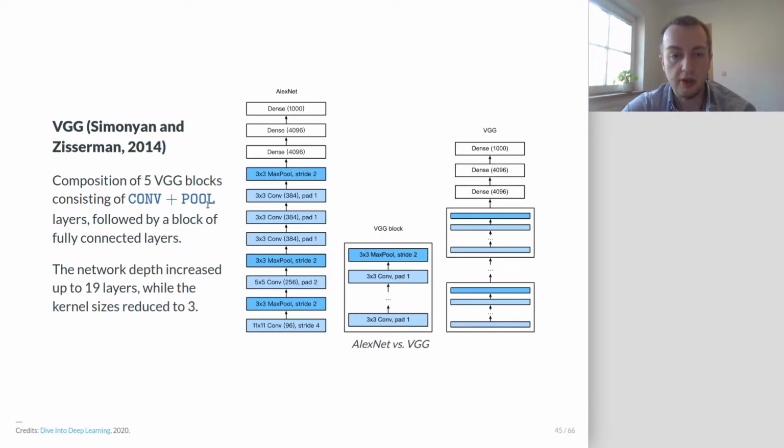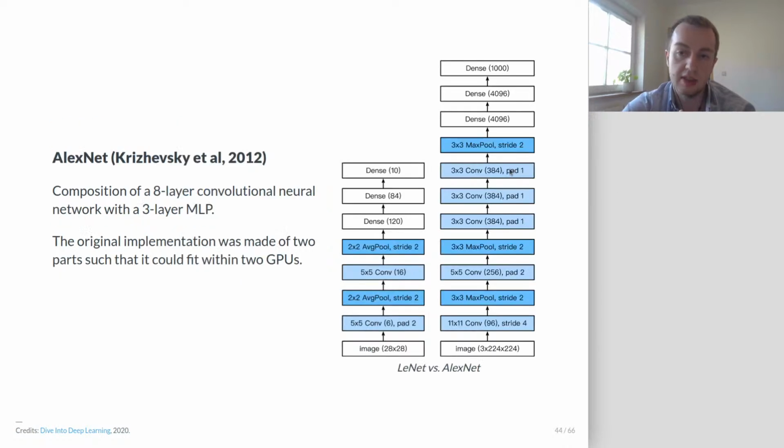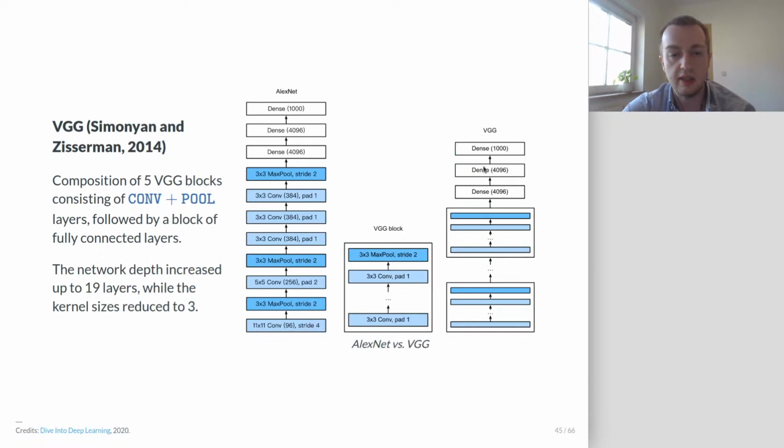And from this point onward, people just started from this architecture and tried to increase the number of layers. So two years later, in 2014, came the VGG architecture, which is a composition of 5 blocks consisting of convolution and pooling layers, followed by a block of fully connected layers. This is one of these VGG blocks that you stack 5 times, and the result is then a network of 19 layers,